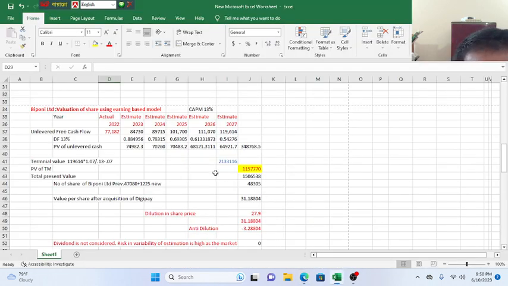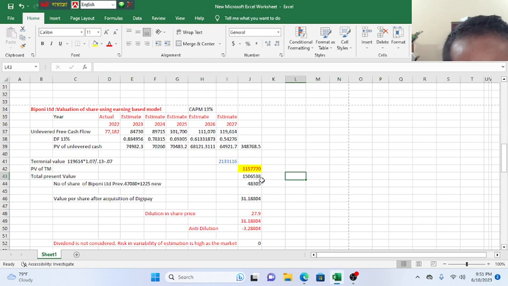Perpetuity using 7%, we have got 21 lakh 33,116, that is present value of terminal value is 11 lakh 57,770, and present value of unlevered cash is 3 lakh 48,768, and present value of terminal value is 11 lakh 57,000,